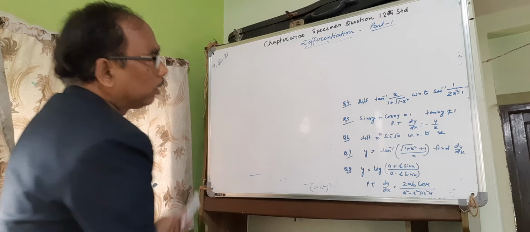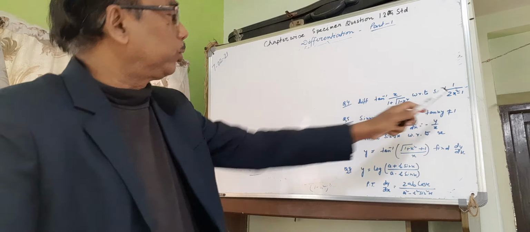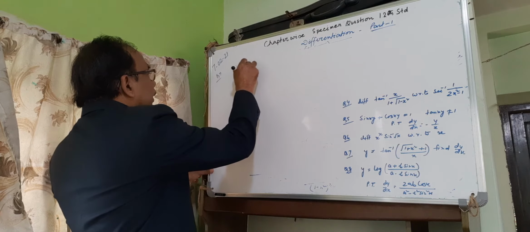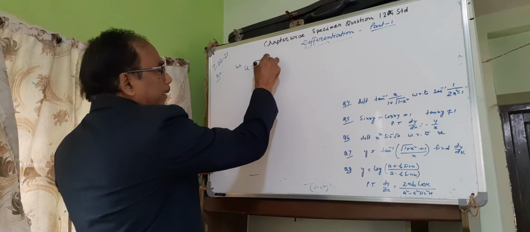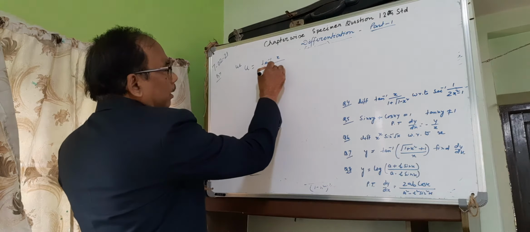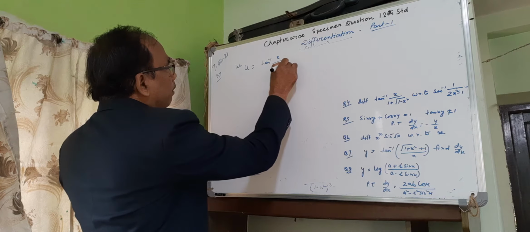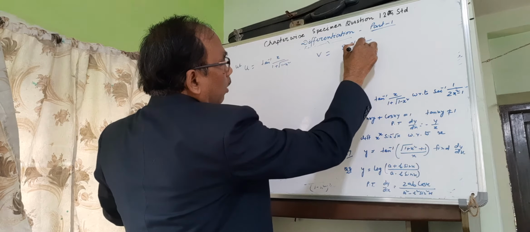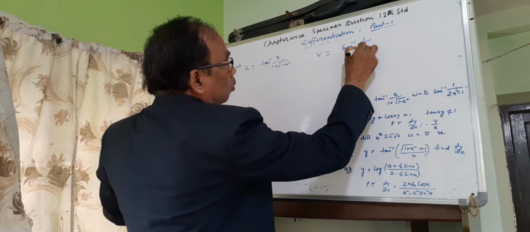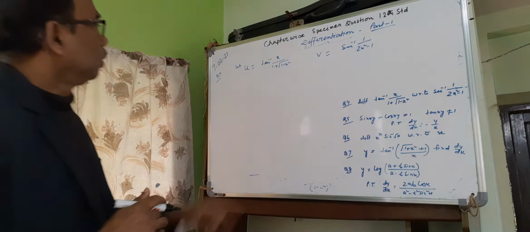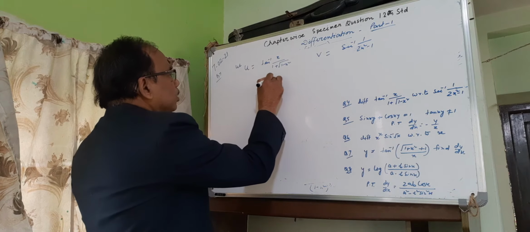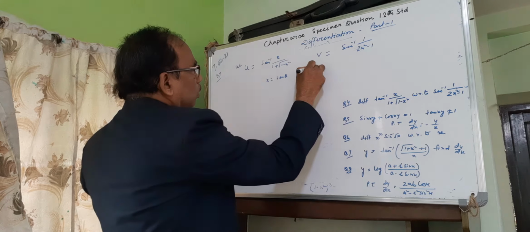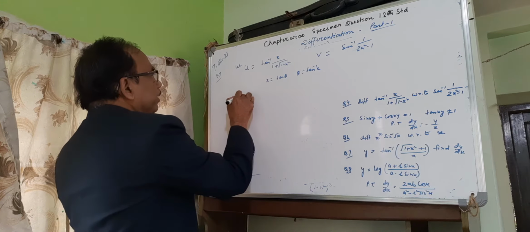The question number 4, differentiate this with respect to this. Let u equals tan inverse x by 1 plus root over 1 minus x square, and v equals sec inverse 1 by 2 x square minus 1. So here put, let x equals tan theta, then theta equals tan inverse x. Now differentiating with respect to x,